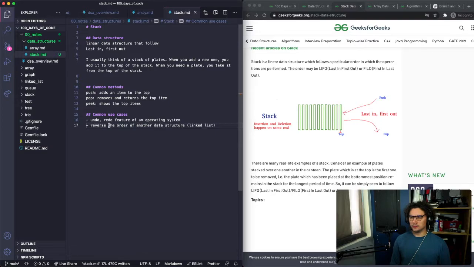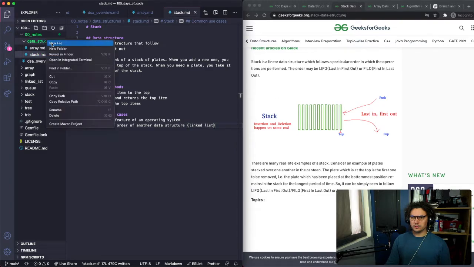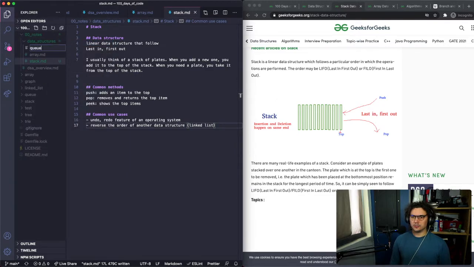Yep, and you can use it for trees and graphs too, I think. Okay, pretty straightforward. New file, qu.md.